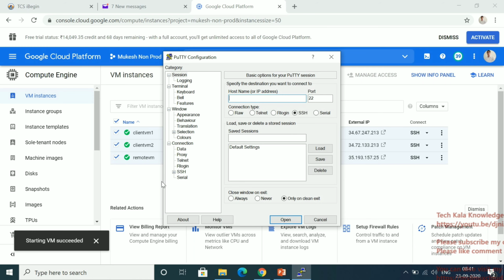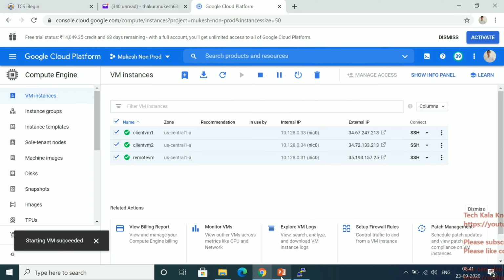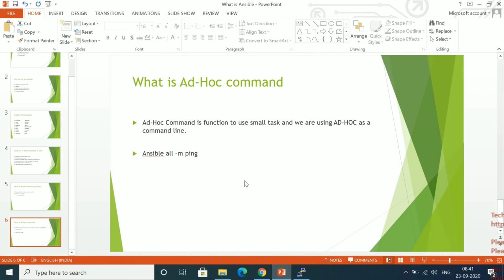Okay, so meanwhile, once they're starting, let me tell you what an ad hoc command is. In one line, I can say an ad hoc command is a function to run a small task, and we use the ad hoc command from the command line.